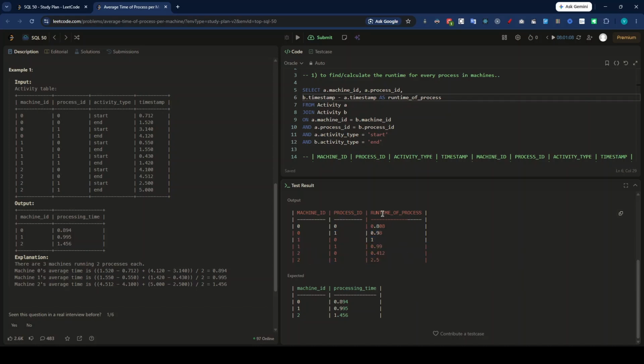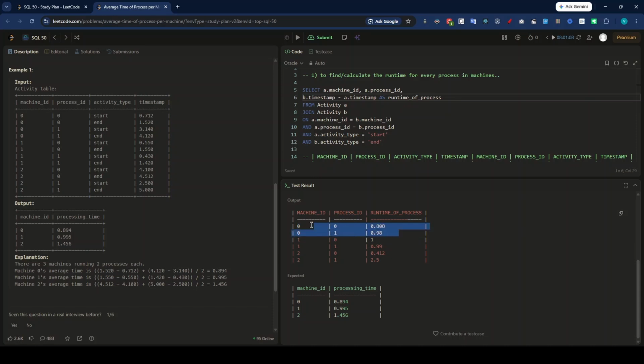Now once we get the runtime, it is very easy to calculate the average, right? If you use the normal formula, you can take the sum of these two things and then use the count, the count of rows grouped by 0. But actually we have a very good function called average, provided in aggregations. So what we can do is